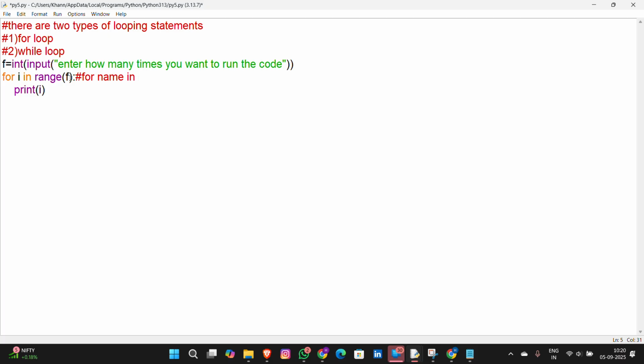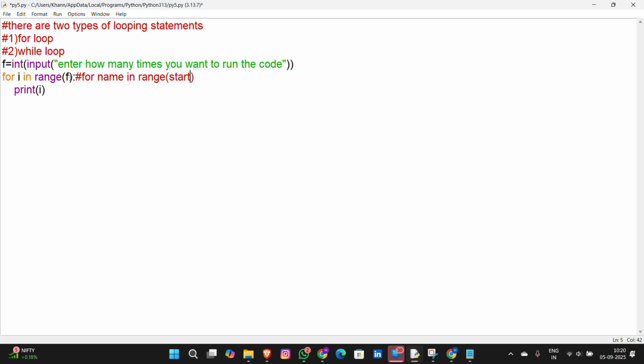You can take a string, list, tuple, or dictionary, anything. In means which we are taking from that. Then range, which takes a start value, stop value, and step value. So for name in range of